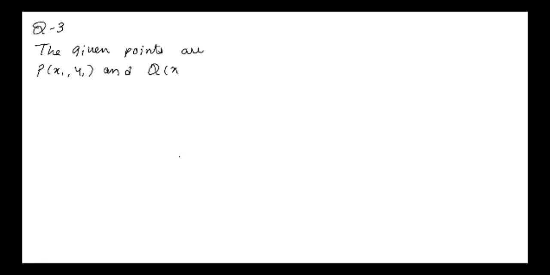We'll start with the third sum. Find the distance between point P (x1, y1) and point Q (x2, y2). Therefore, the given points are P (x1, y1) and Q (x2, y2). But here the case is not normal. They have given the condition that